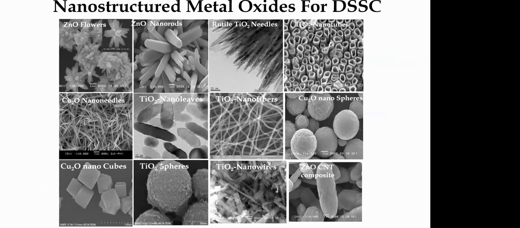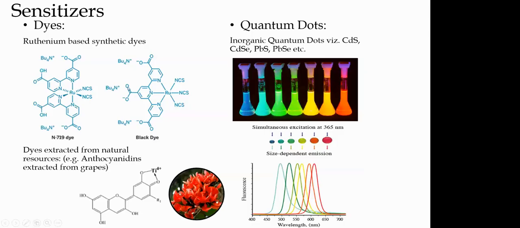Dyes: people are looking into a number of organic dyes, which are more towards the dye-sensitized solar cells. But these dye-sensitized solar cells, as we said in the beginning, have a lifespan of a maximum of a few months, and the best produced solar cells in the world last 2 years. So they have a very small lifetime, even though they are cheap. But you don't want to replace these solar cells every alternate 2 years. So people wanted to replace these organic dyes with solid state materials.